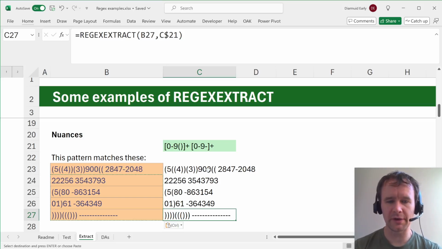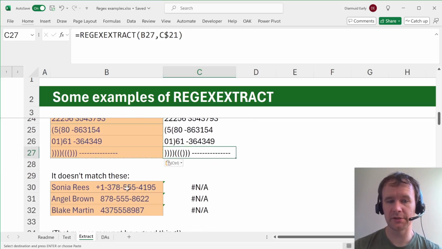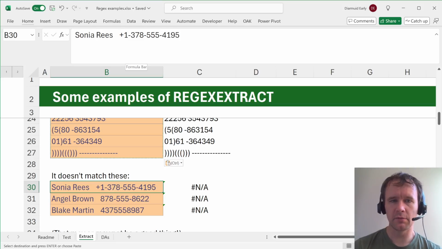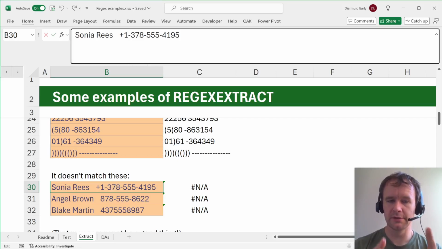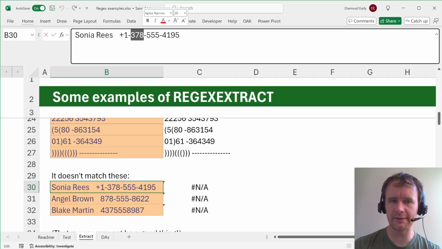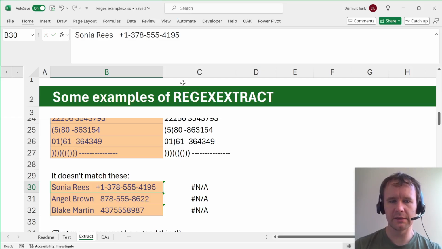Okay, probably not ideal. It also does not match these. So here we have, and we're still using 10-digit US phone numbers, so that there's still a regularity here that you won't get if you're dealing with international phone numbers. But we've still got 3 digits and 4 digits, but now instead of this being in parentheses, it's not, and it's separated by dashes.